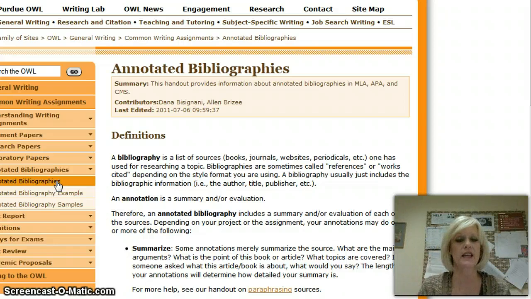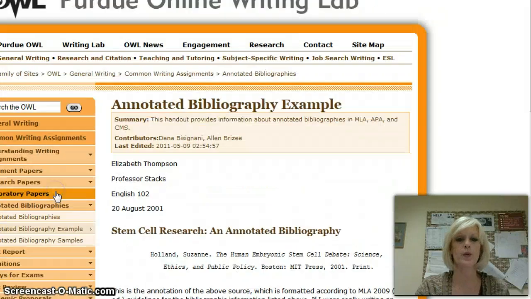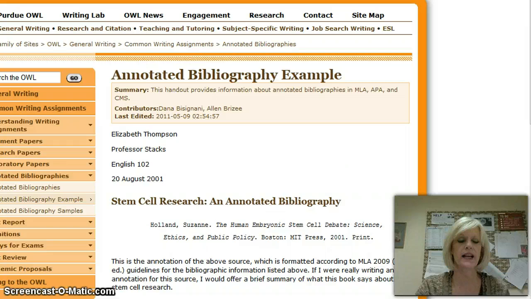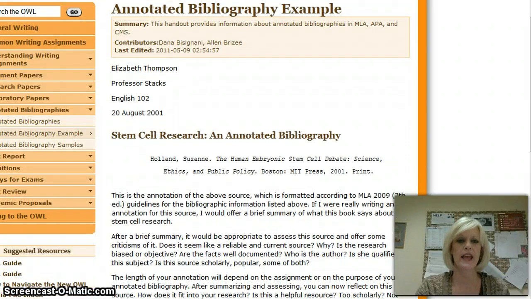I can't get the live link for some reason to come into this. This is included in your research presentation folder. So if you go to annotated bibliography example, it's going to pull up and it's going to show you exactly how to write the annotated bibliography